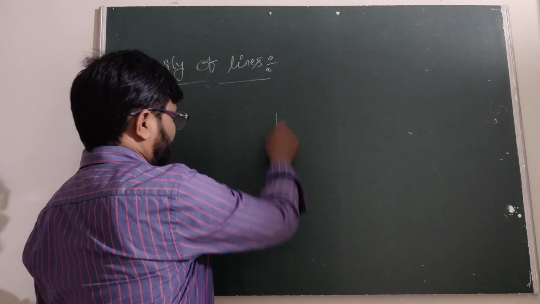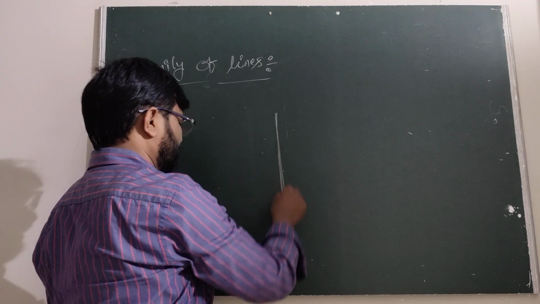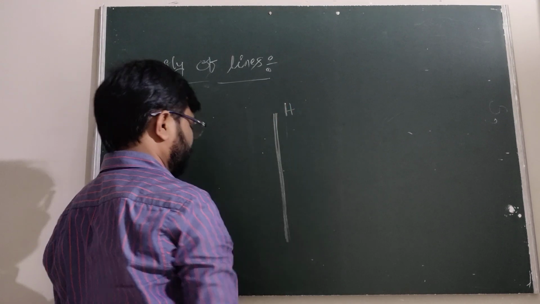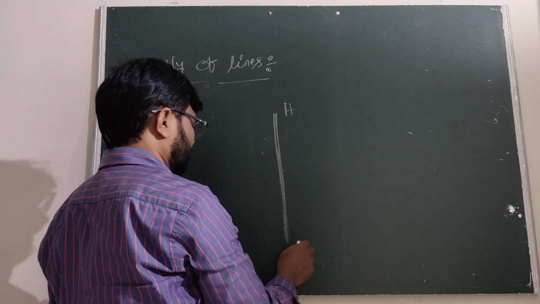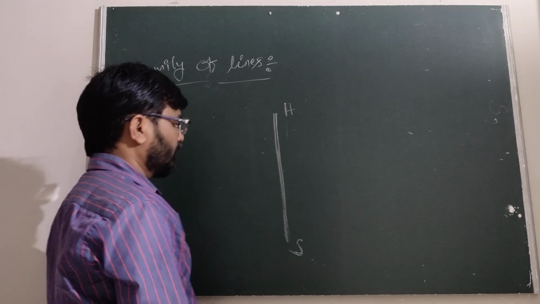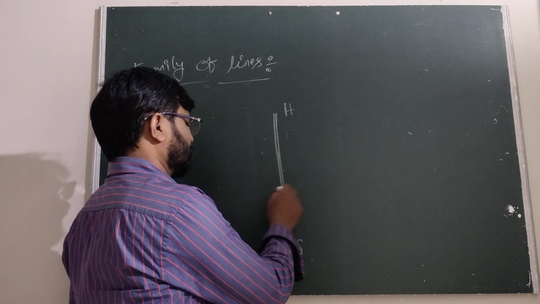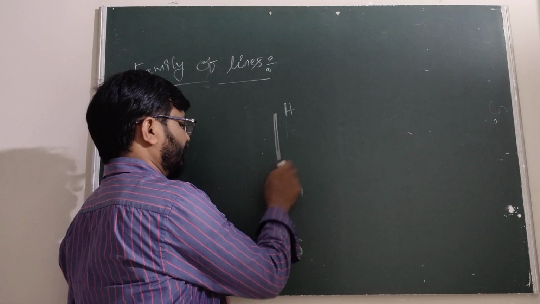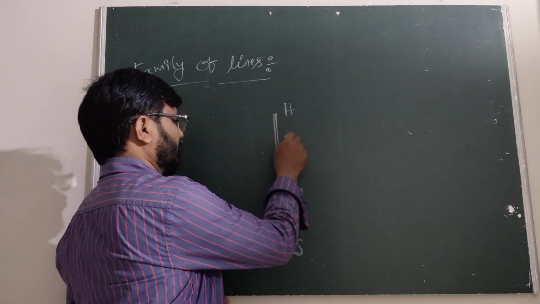And I already taught about this. Suppose we take the orthocenter as H, and the circumcenter is S. This is the circumcenter. Now here this is the centroid. This is the 9-point center. Therefore this is